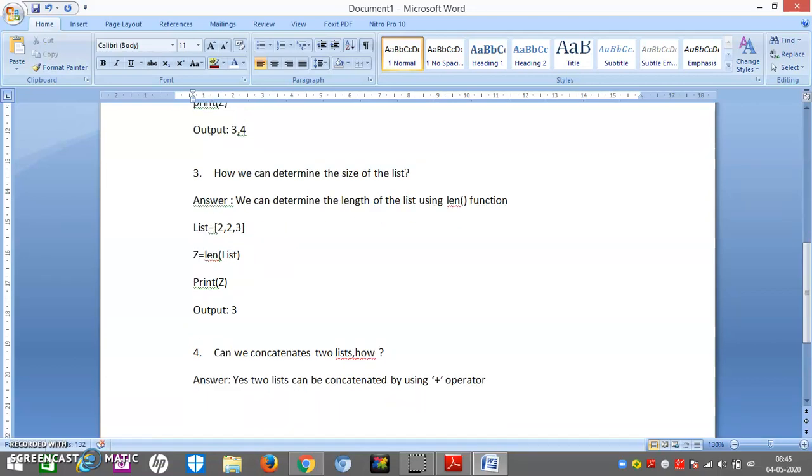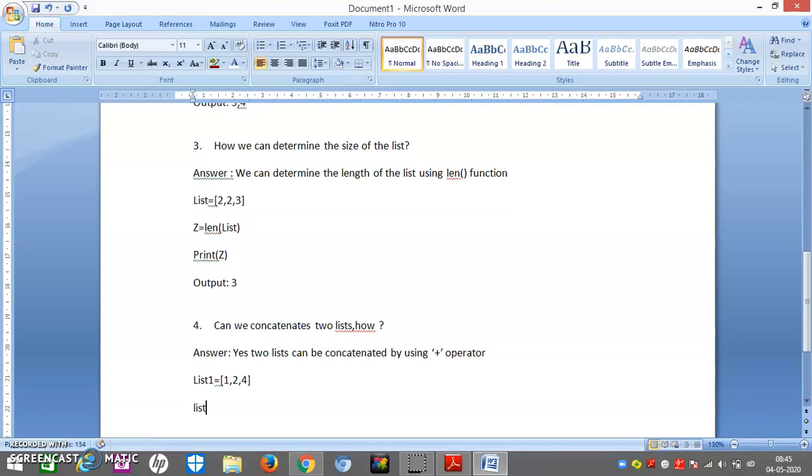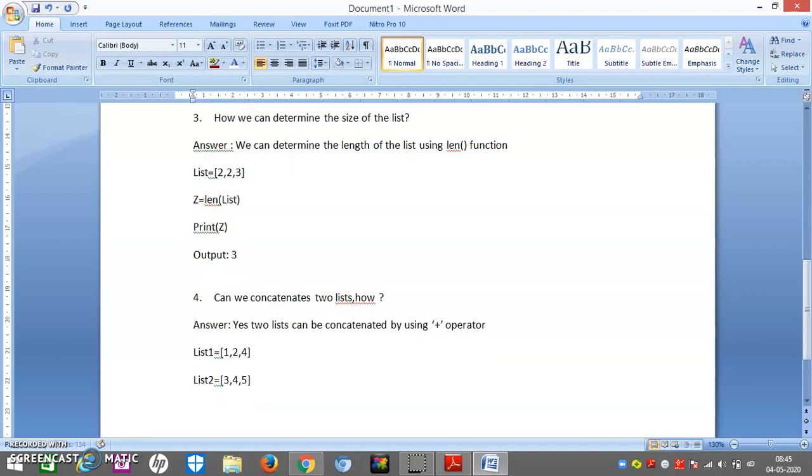So how? Now my answer will be, I have taken a list. List 1 is equal to 1, 2, 3 or 4, whatever I have taken. List 2 is equal to 3, 4, 5. So now my answer will be z is equal to lst1 plus lst2.